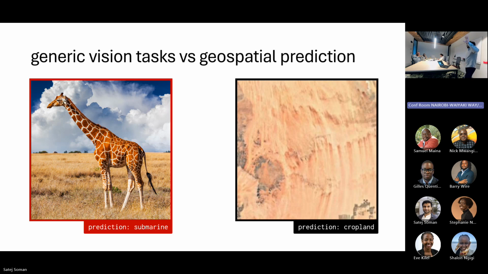Now, if I just look at what the model is seeing and what it's making a prediction on, I'm a little suspicious of it. But just from what the model sees, I don't have enough context to say that this isn't cropland. Maybe it is actually cropland, but this particular image was taken by a satellite when it was in the dry season or there was a drought, or there are particular satellite-specific settings that make something like wheat or barley look like desert.